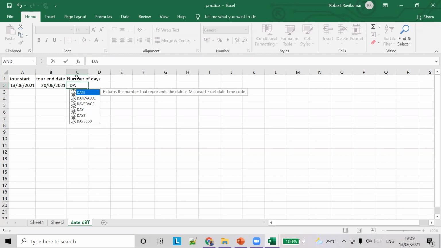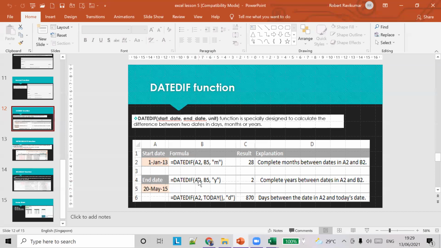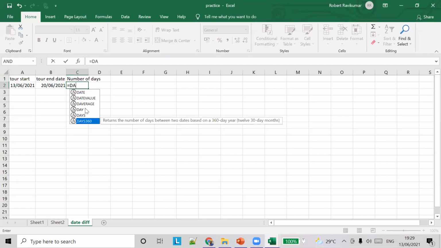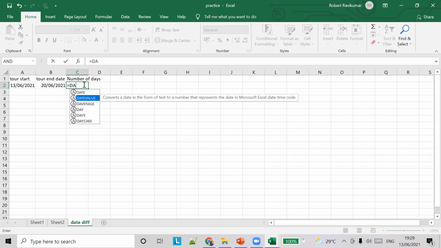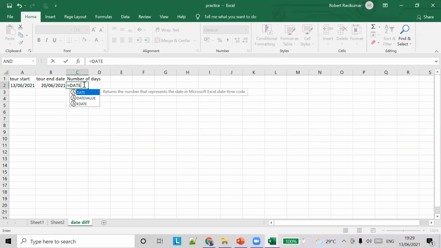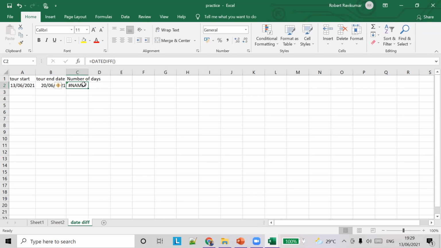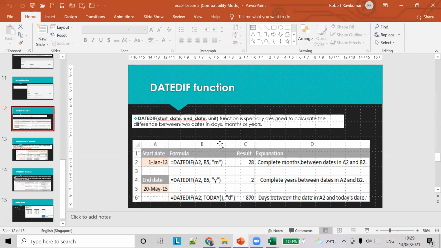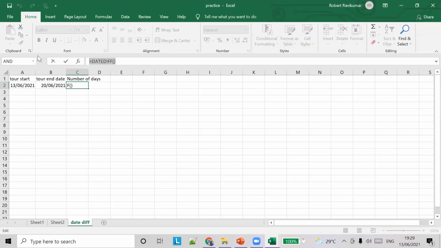Okay, so you type DATEDIF. I don't see this function in my sheet. So DATEDIF.